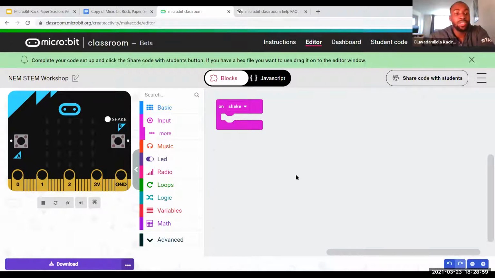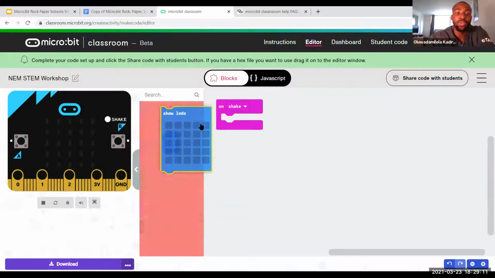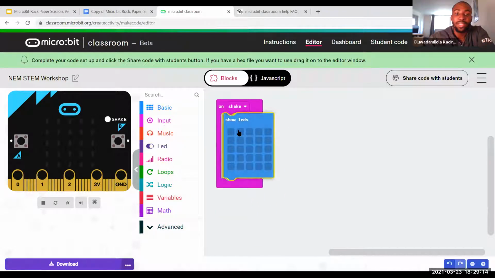Now, let's first test to see if our MicroBit is actually receiving this command. To test it, let's use the LEDs on our MicroBits. Go to Basic and select Show LEDs. Drag the Show LED block and place it inside the On Shake block. Now select all the LEDs. To do that, just click on each LED and it'll light up.